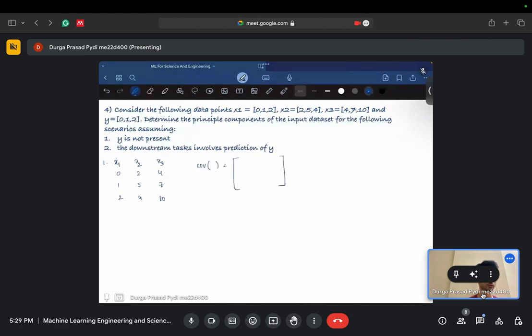How would I calculate the covariance matrix? I'm not going to do the calculation, but I can give you the values directly. But how do I calculate covariance of this particular one? So in exam, if you are asked to calculate covariance, the first step is to calculate the mean of each one of these along different samples. So the mean for this is 1. You have